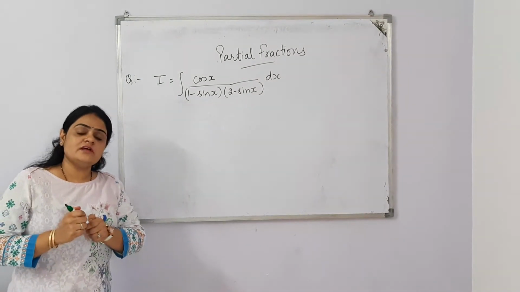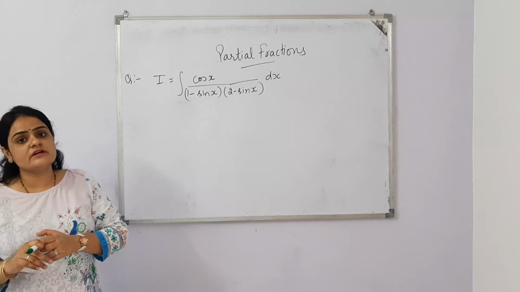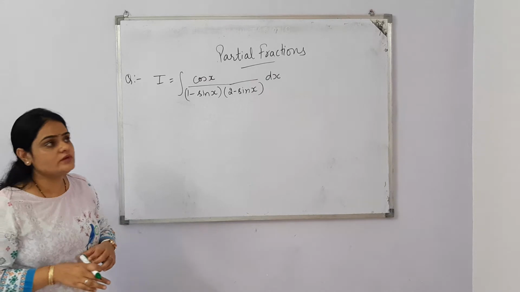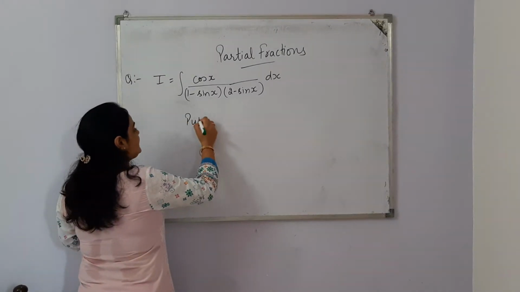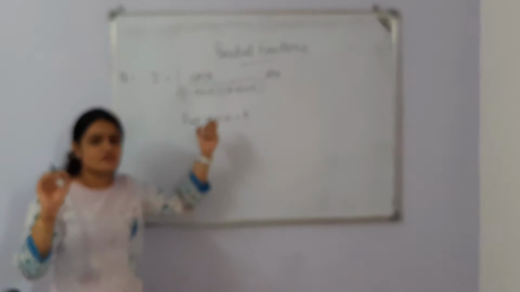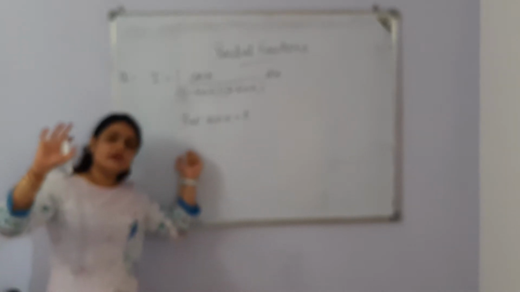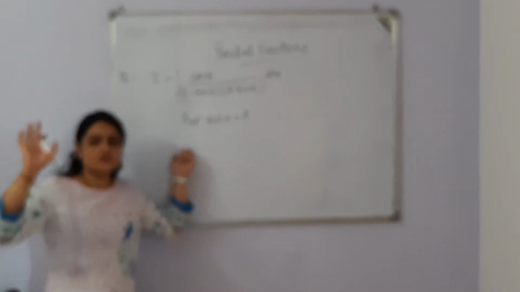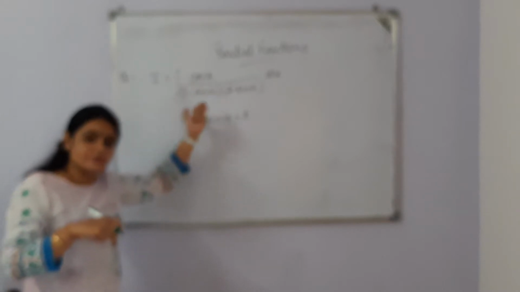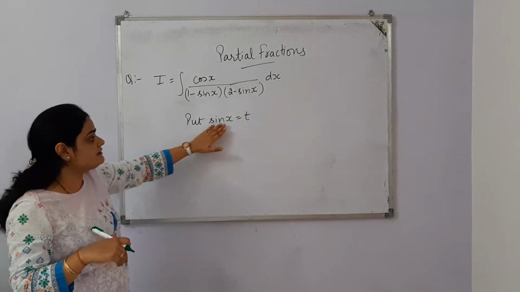In these types of questions, before applying partial fractions, we need to convert into a variable. That of course we can do by substitution only. So here we'll substitute sin x is equal to t. Now the main focus is on your derivative. We need to substitute that function equal to t, or into any other variable that you want to choose. We cannot take x because x is already given. Except x, we can take any variable a, b, c, p, q, r that you want to take.